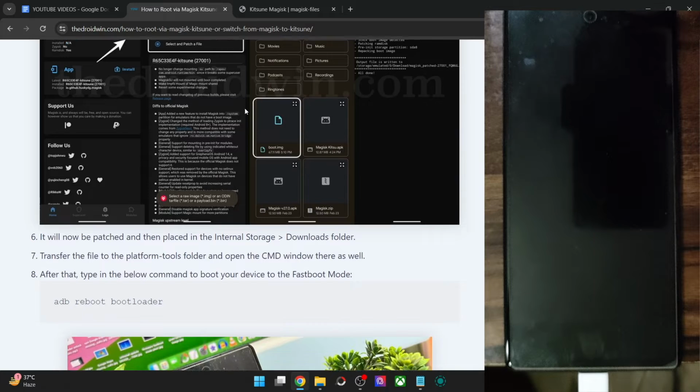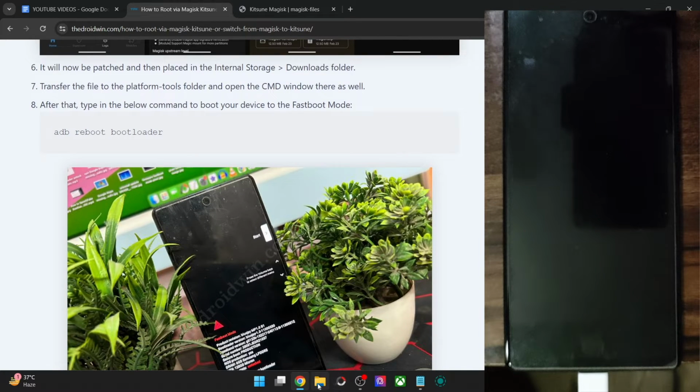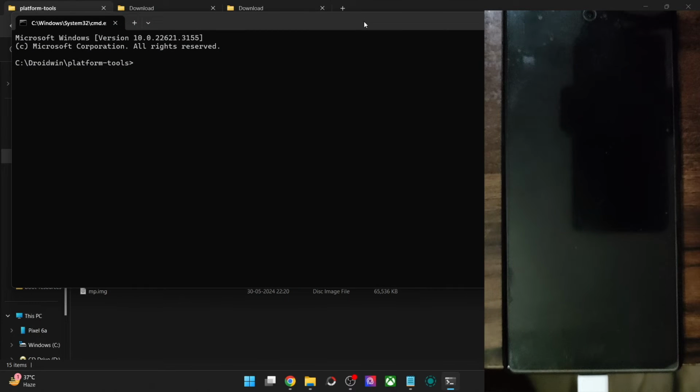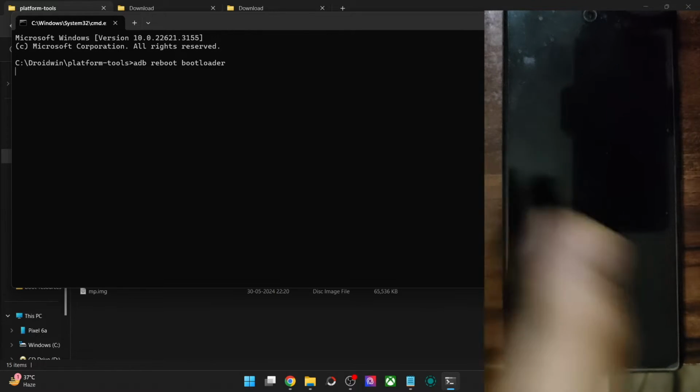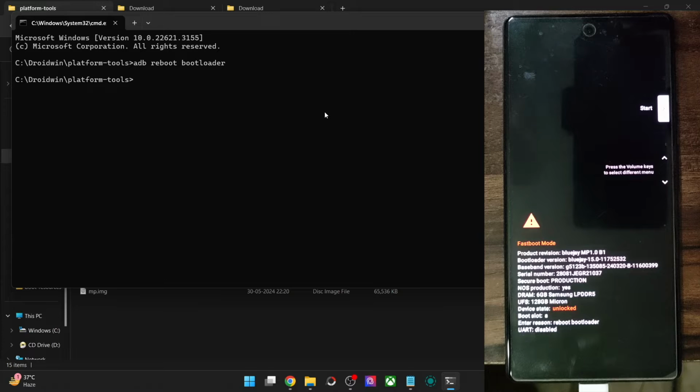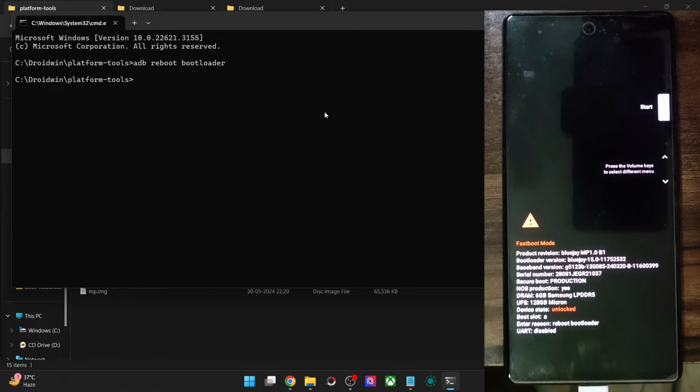Poco F5 came with Android 13, but still it uses the boot IMG file. Apart from that, I don't know of any other exception, but this is one exception of which I am sure about. So with that said, let's now boot our phone to the fastboot mode. Go to the platform tools folder, type in CMD in the address bar and hit enter. This will launch command prompt inside platform tools. Now type in adb reboot bootloader and hit enter, and your phone will now reboot into fastboot mode. It will take just a few seconds, and now we could proceed ahead and flash the file onto our phone. So you could take two approaches. You could either do fastboot boot and the file name, which is mp.img, and obtain one-time temporary root, or you may use the fastboot flash boot command and obtain permanent root.